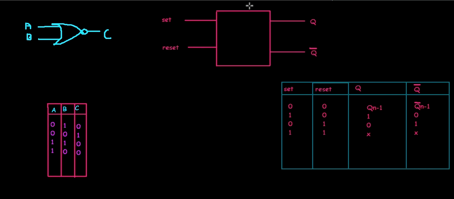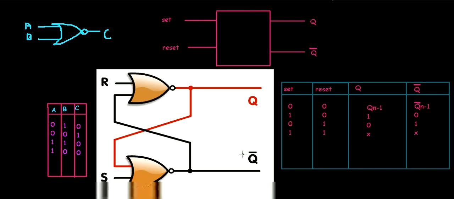Now you must be wondering how just by pressing set you can get the output 1 at this output terminal. There should be some logic inside it. So yes, we are going to tear this latch open and see what is inside. This is the main diagram of the SR latch, set-reset latch. These are the two NOR gates, and we can store whatever value we want, either 1 or 0. So which value do you want to store right now? Say any value and I will store it for you.